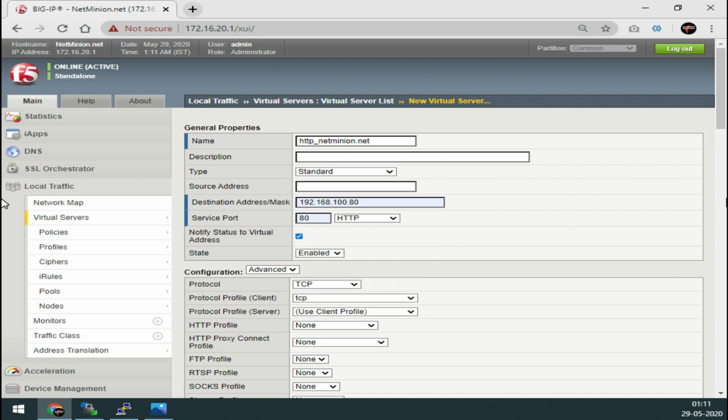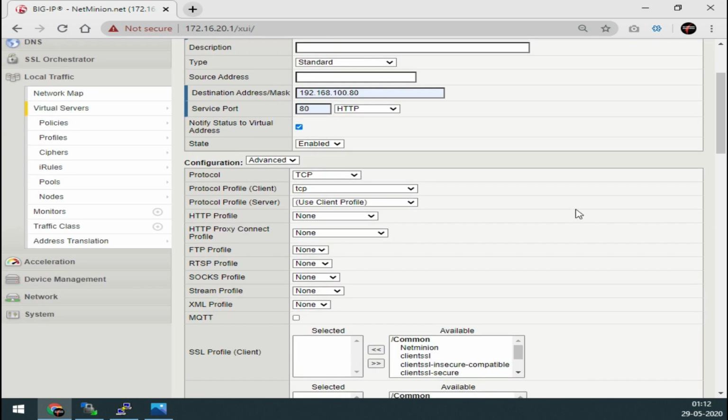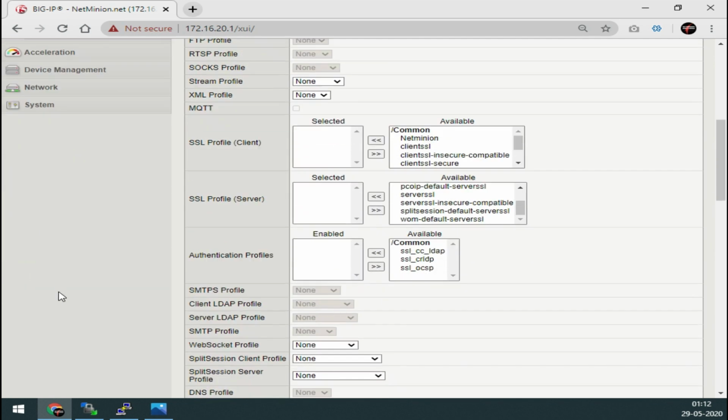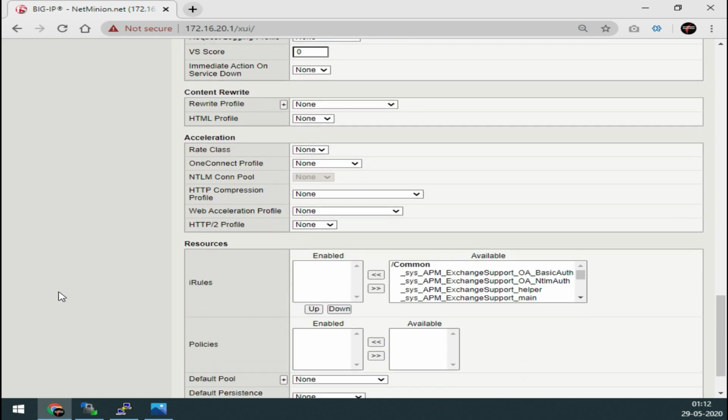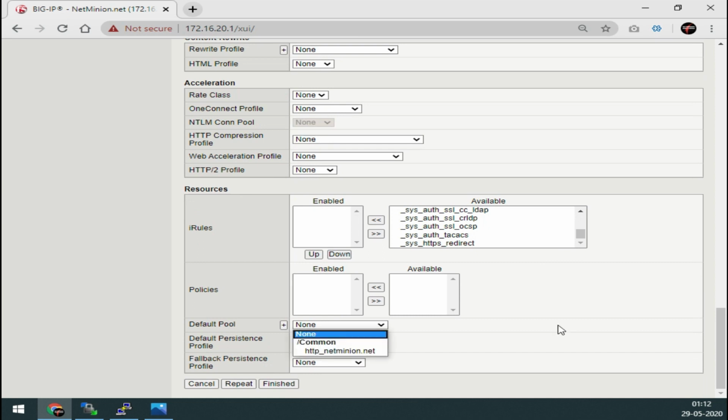So you can see I have just configured a virtual server with IP address 192.168.100.80 on service port 80. Let me use the HTTP profile also, and let me add the pool.